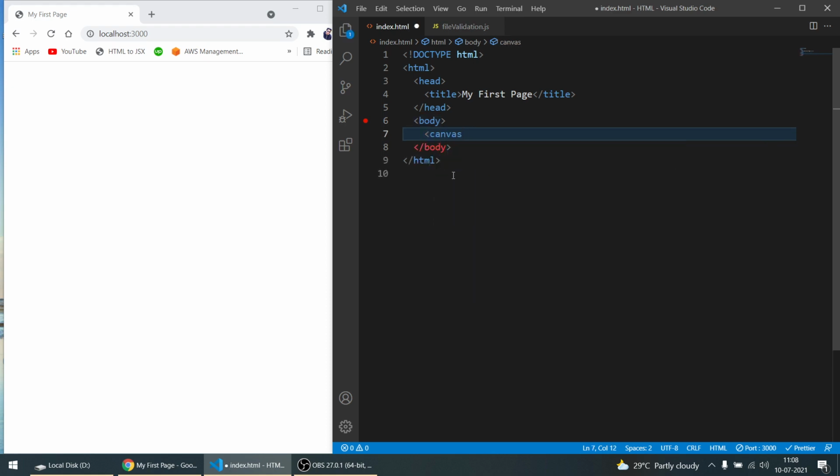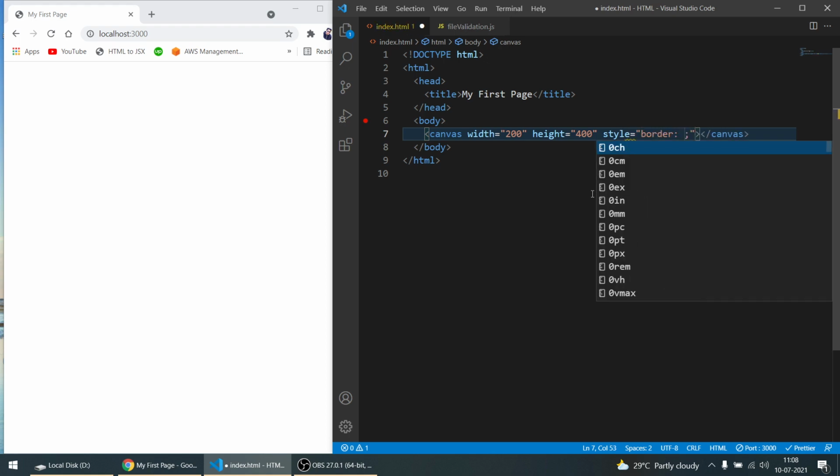So we write canvas and we give some width 200 and height. It's basically doing some designing on the web browser only and not using an image. We'll just do it like this and save it. Nothing appears because it's used with JS only. So I can use some style and show you. You don't need to know style, but I'm just showing you: 1px solid black.